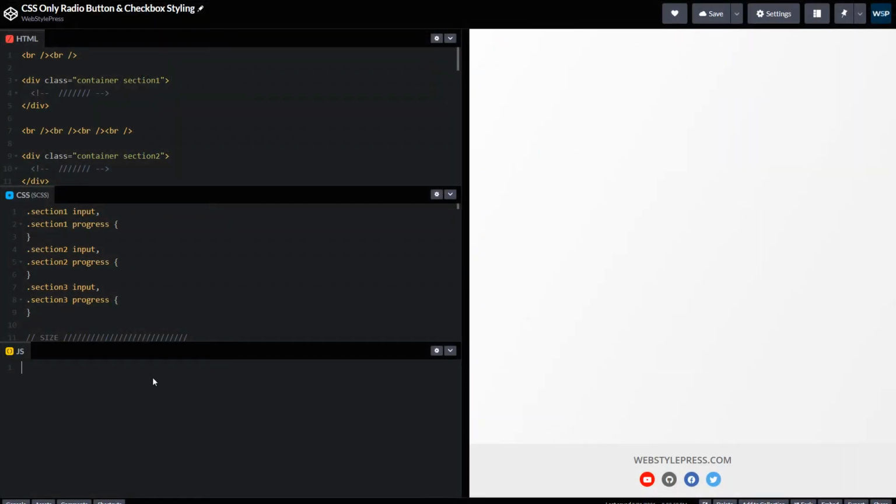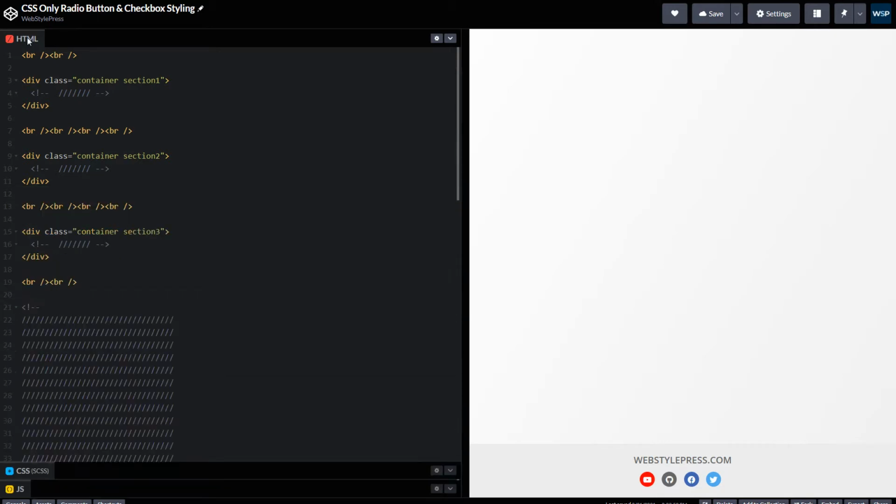I am not using any JavaScript, and this is our HTML. I have got three code blocks. Code block with class section 1, with section 2 and section 3.